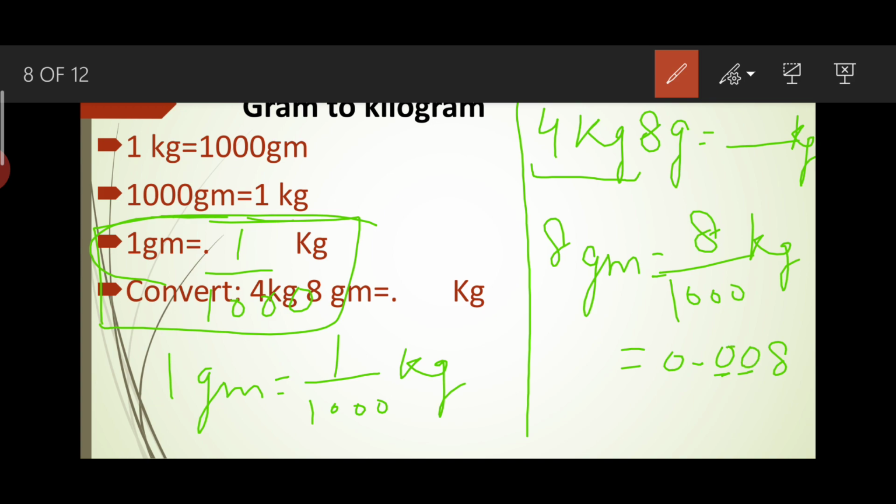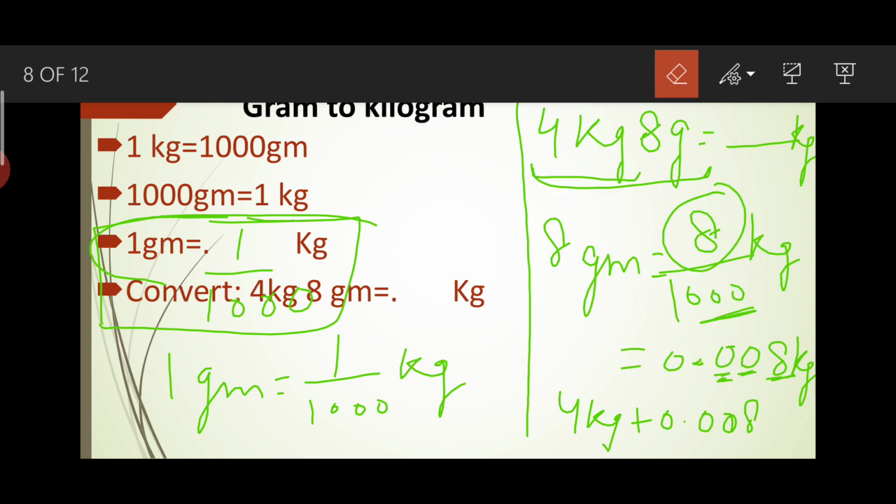ठीक है, यहाँ पे कितना ज़ीरो था? 3. तो डेसिमल के बाद 3 डिजिट होना चाहिए, 1 2 3. तो हमारे पास ऊपर कितना डिजिट है? यहाँ पे 8. सो हमने 8 को लास्ट डिजिट पे पुट करना है. उसके पहले जितना भी एम्प्टी डिजिट है उसमें हम 0 पुट कर देंगे और ये क्या होगा? kg. So how will you write the entire 4 kg 8 gram as 4 kg as it is plus 0.008 kg.